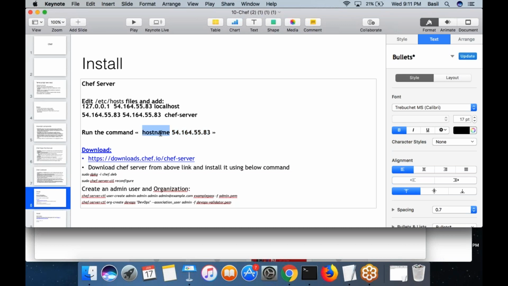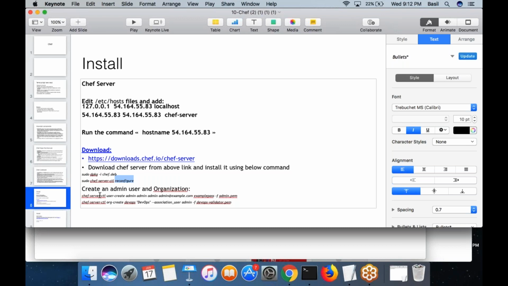So every computer will have a host name, and by default when you run the chef-server-ctl reconfigure command, the Chef URL would be generated and the URL would contain whatever the host name is currently set to. So if you want the public IP of the Chef server in the URL, you must set the host name of the Chef server to the public IP, then automatically the Chef server URL would contain that public IP. So that is the reason. First you set the host name to the public IP of the Chef server. Then you run the reconfigure command, then automatically it will make sure that the URL that gets generated would be correct.